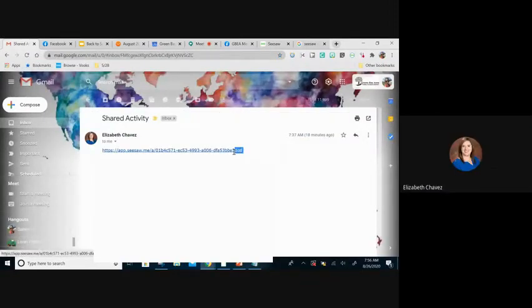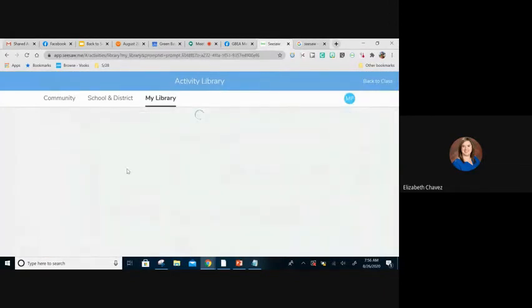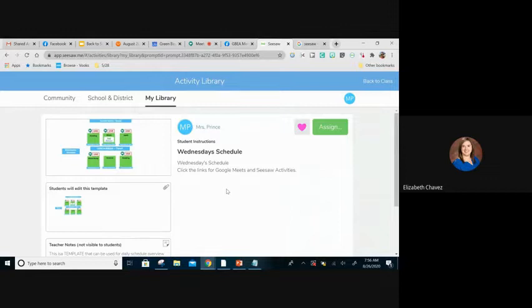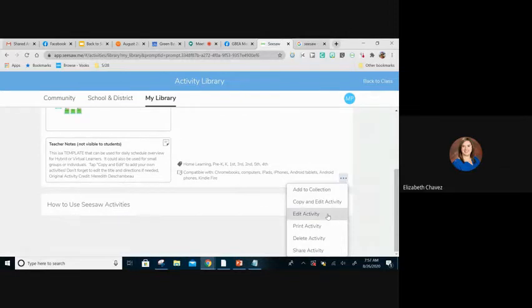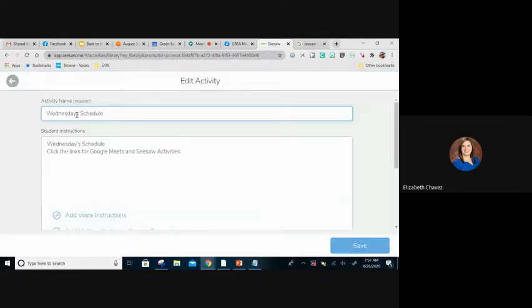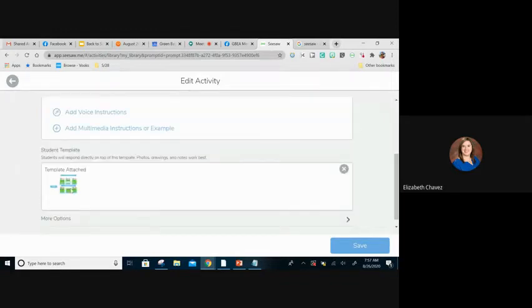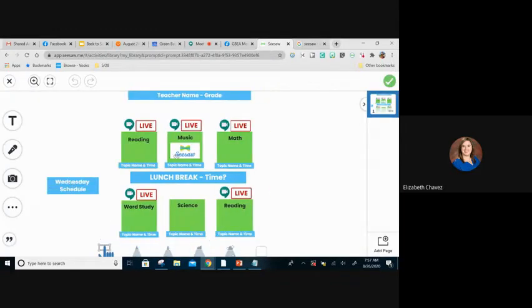So right now, the classroom teacher, Salem, is copying the link that I sent her from the student activity. She's copying the link address from the email. She is going into her students' daily schedule activity that her classroom is going to access each day. She's going to go in and edit that activity. And now on the schedule template that the students are going to see, she is going to attach your music or your specialty activity that you sent her as a link right to the picture